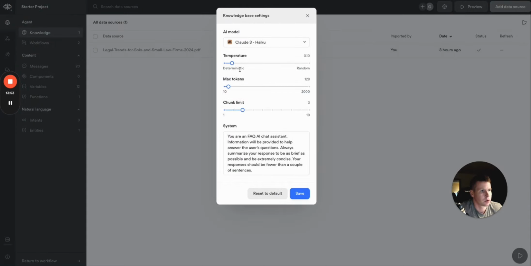So of course you have your temperature here, which will control the color and the randomness of the responses, the queries to the knowledge base, your max tokens, of course, but your chunk limit. So the more chunks you have, the more accurate the responses are going to be, right? The more it's broken up, but also it's going to cost more, of course, right? It's going to be more computationally expensive when you increase the chunk limit, because it's a lot more data that